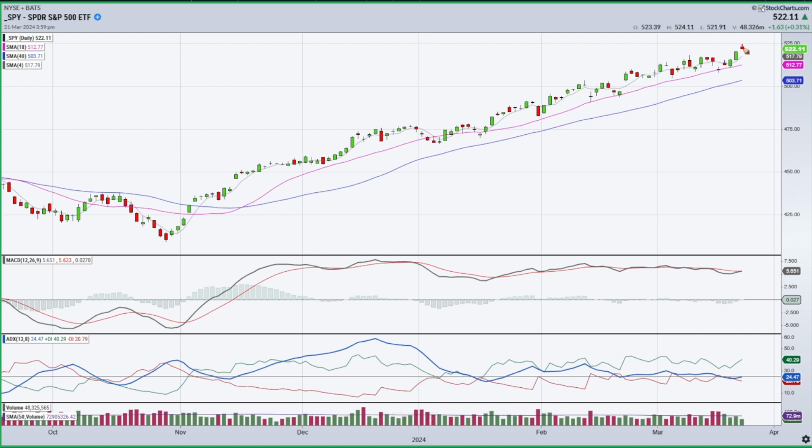I think that'll take place when we break the 18. If we do that in a violent way, we're going to finally roll this line over. Just hasn't happened. We've broken the line a few times, but it hasn't rolled over. So that's really what we're on the lookout for. You got to be really careful looking for divergences right now. All right. I mean, we don't need to jump the gun.